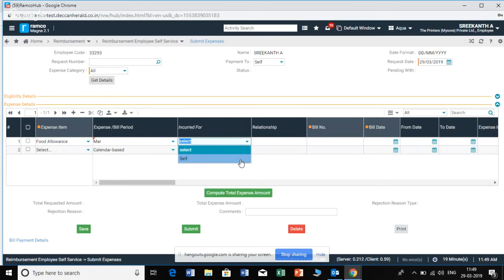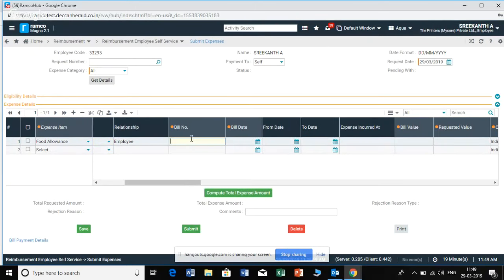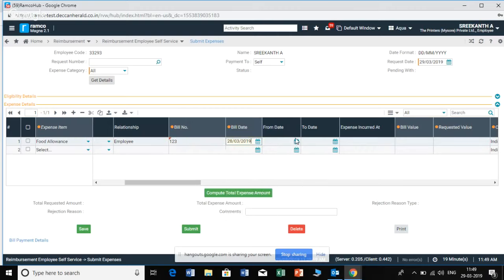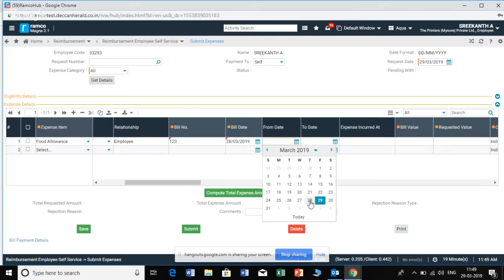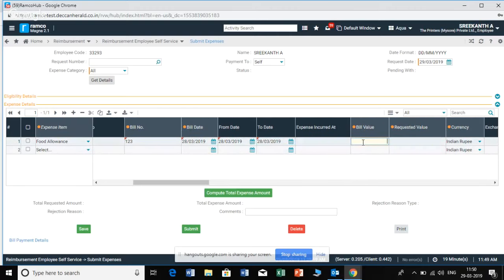Incurred for self always. And it is mandatory that you mention the bill number. This is just an example. And date of the bill. From and to date. Mention the bill value